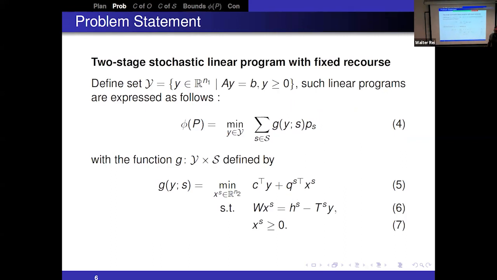Okay. One example, and this will be the example used in the context of the talk: we'll be using two-stage stochastic linear programs. In this case, decisions are made in stages, right? So a two-stage